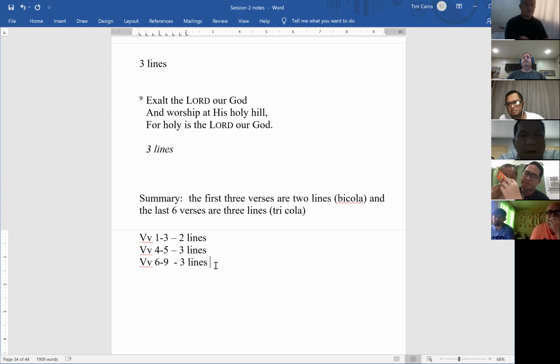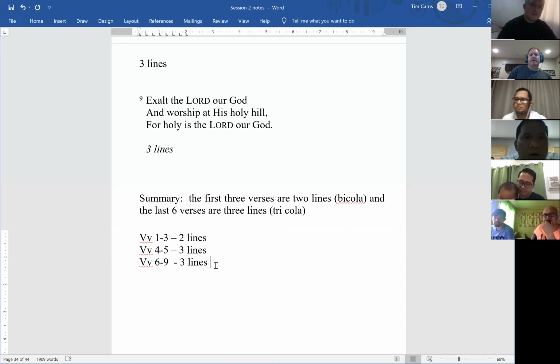Pastor Tim, yes. I'm just observing here that the lines are segregated, but not segregated by the period. Is it really intentional in the original text, the original manuscript, that it is lined in three lines? Yes, 3 lines and 2 lines are like that? Yeah. I'll show you next week.